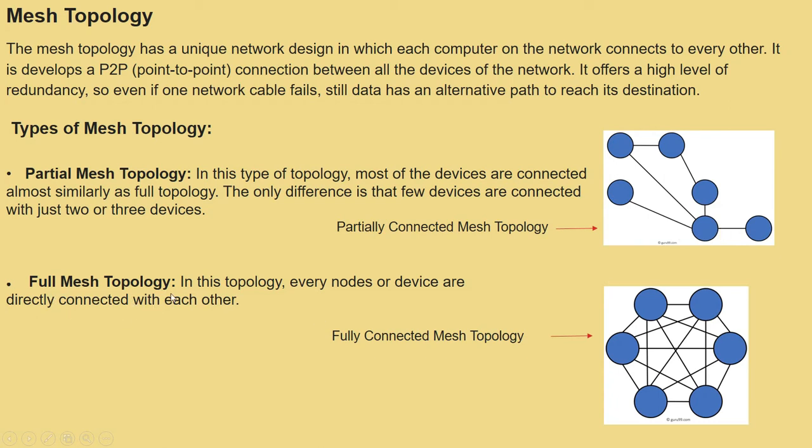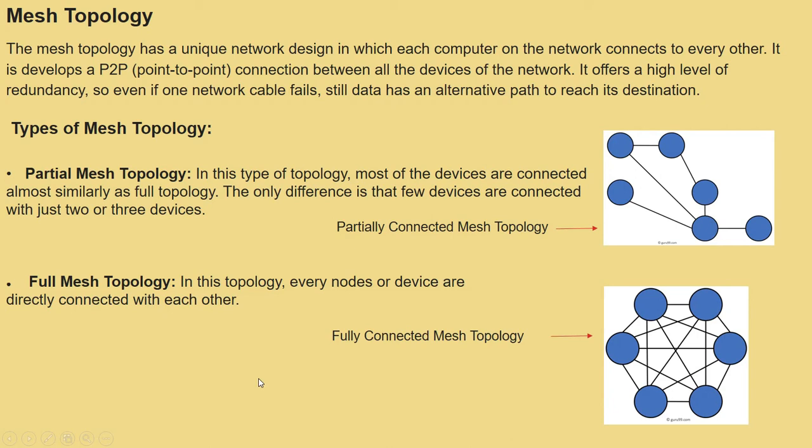But what about your full mesh topology? In this topology, every node and device is directly connected to each other. Now see this picture. Suppose this is node number 1, 2, 3, 4, 5 and 6. These are connected parallelly to each other. Directly 1 can pass the data to 4, 4 can pass the data to 2, 2 can pass the data to 6. In such a manner, each and every node gets connected to each other. But as per partial mesh topology, each node is only partially connected to the others.